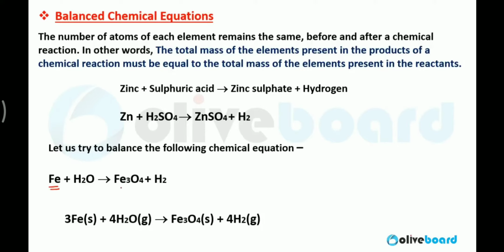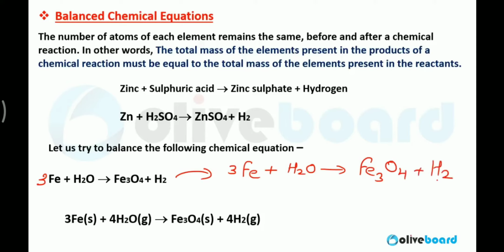So now try to balance. There is one iron and there are 3 Fe, so multiply the above equation by 3. Here I'm going to multiply the Fe by 3. I multiplied the iron by 3 on the left hand side. Now H2O is there, and now this reaction is Fe3O4 plus H2. Clear? Now, just by multiplying by 3 in the reactant iron, we can see that there are 3 iron atoms on both sides, but the oxygen atoms are not equal. So we have already balanced the iron.